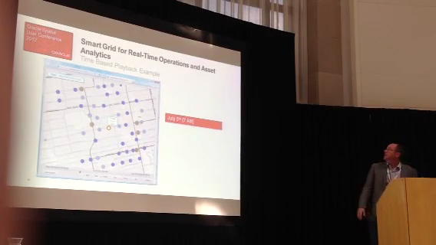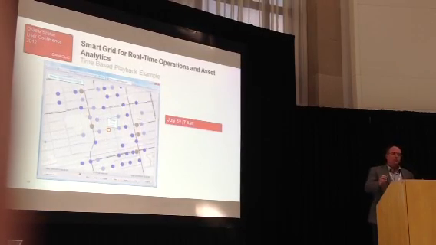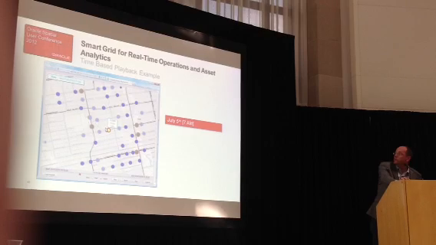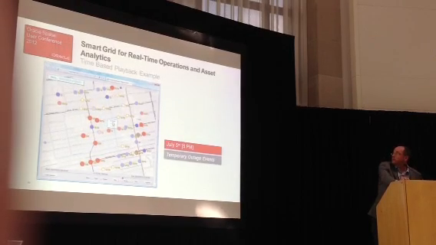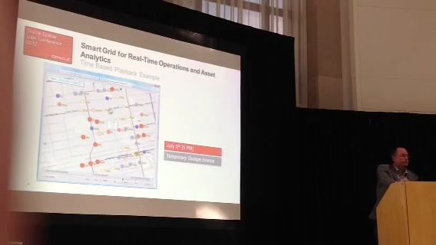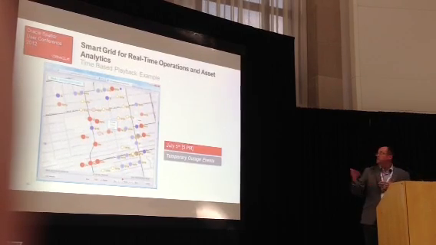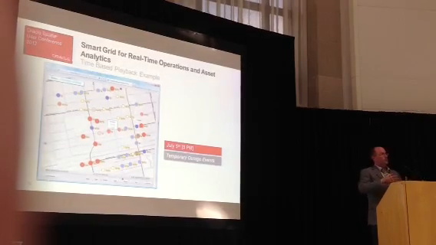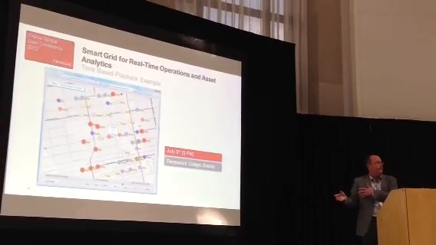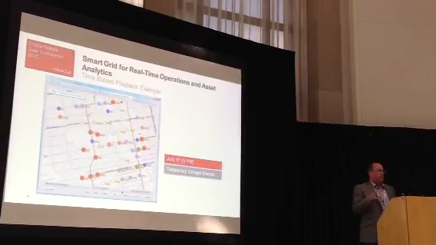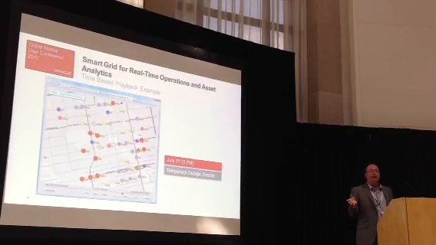So at 7 in the morning, it's kind of cool. It's a hot day. We have one transformer that's kind of hot. At 5 p.m., I don't know if you can see it here, but we have these little letters here. Those are flags coming from the smart meter saying, we're having an outage. In this case, it's a temporary outage, so the meters went out and they came back on in that same 15-minute interval. But you can actually map and now see where your outages are in real time and do something